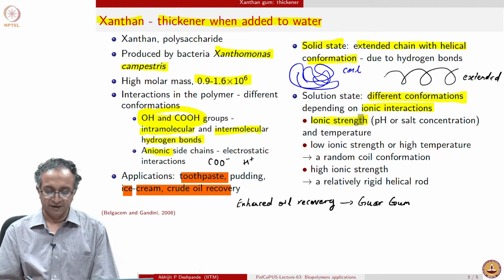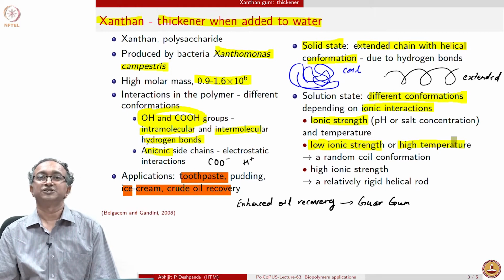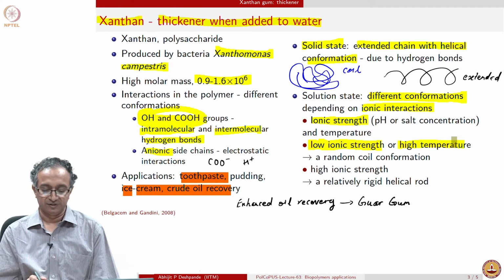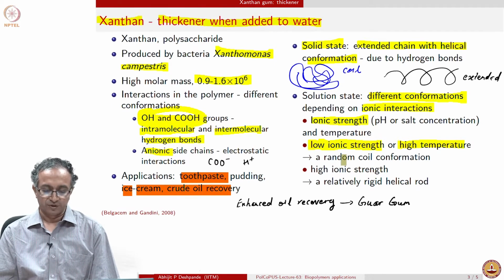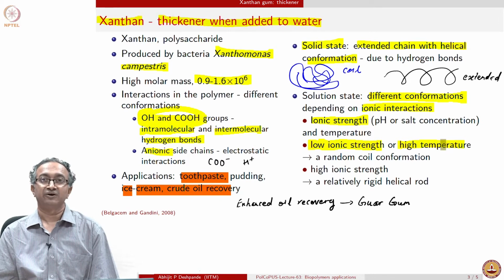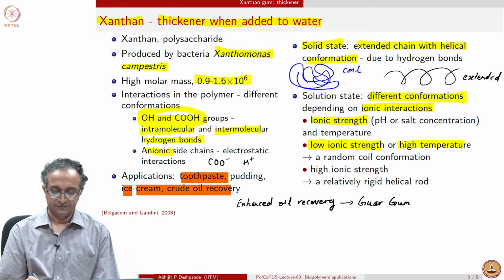So, in case of low ionic strength or high temperature, you can see it's the ratio, right. Whenever high temperature is there, the ratio is less. So, let us say ionic interaction is in the numerator and thermal energy is in the denominator. You can see that both of these mean the same thing. So, when it is low ionic strength and high temperature, we have a random coil state,